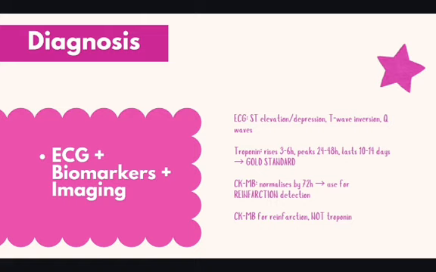Next is CKMB. It rises around the same time but normalizes by 72 hours, and that is its clinical value, because troponin stays high for 2 weeks and you can use CKMB to detect a second MI in the same admission. So CKMB has normalized by then, so a new rise means new infarction. Mainly, if we sum up CKMB and troponin, then CKMB is for reinfarction and troponin is for diagnosis.